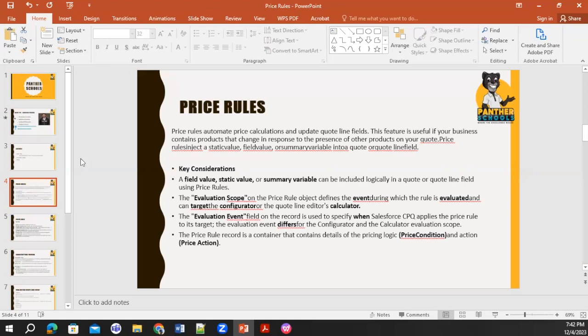So we can use that one also. In the price rule, we also use lookup queries, and lookup objects can also be used in the price rules. Okay, so a lookup object is a combination of some of the objects